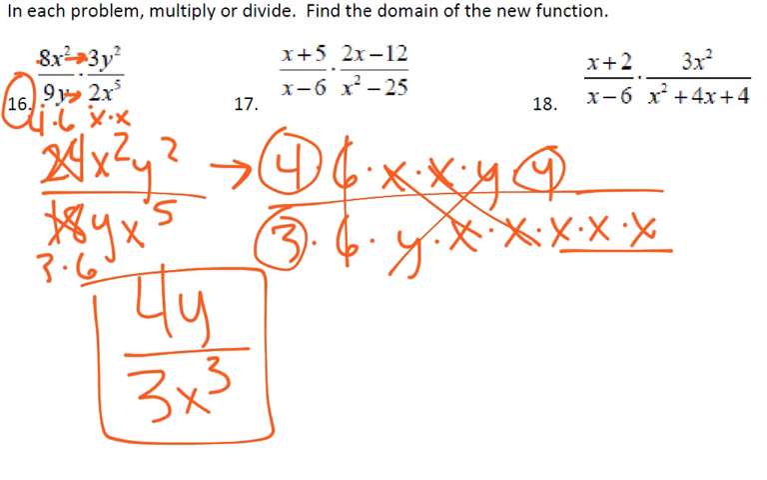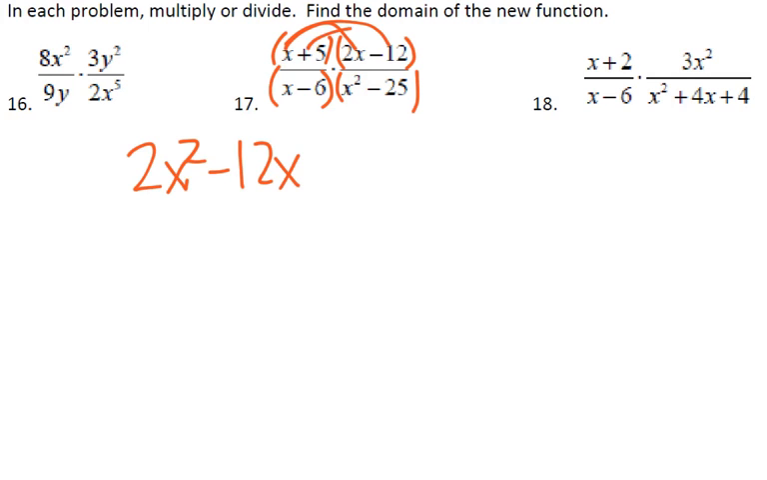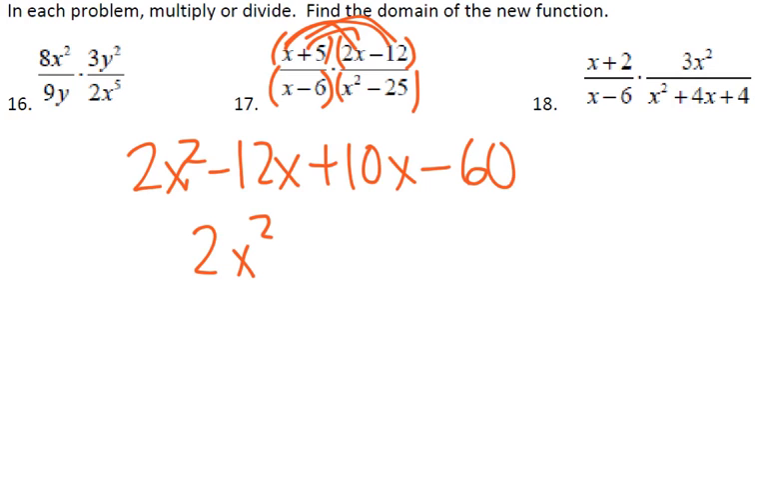So we already did number 16. So now let's take a look at number 17. Now we've got some issues, right? Because we're going to have to multiply these as if they're binomials. So x times 2x is 2x squared. x times negative 12, negative 12x. 5 times 2x, positive 10x. 5 times negative 12, negative 60. So we get 2x squared minus 2x minus 60 over